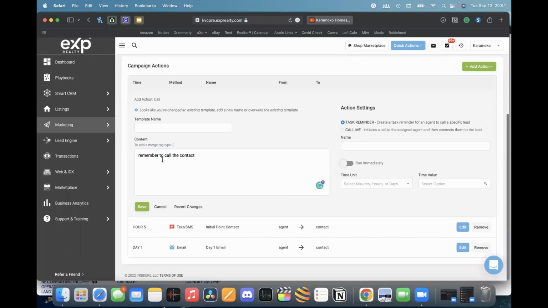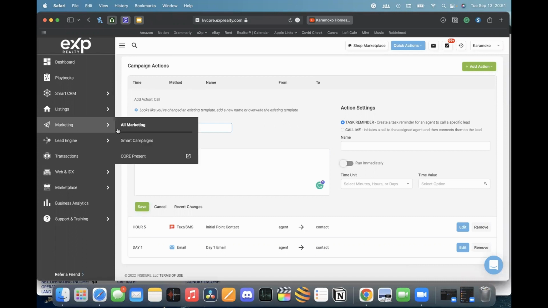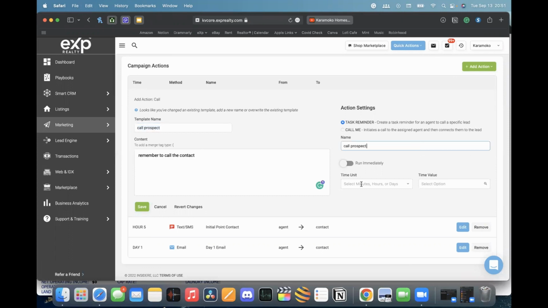All right, so this would be the message within the task, okay? And you can also have a name to it and also have a template, which is required. So let's just say call prospects, and I'll call it the same thing here under the Smart Campaign tab. And this can be, say, day 2 from the time Frank signs into my open house. So if I save this,